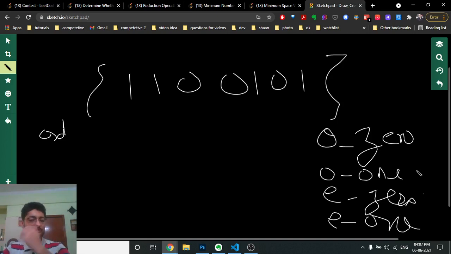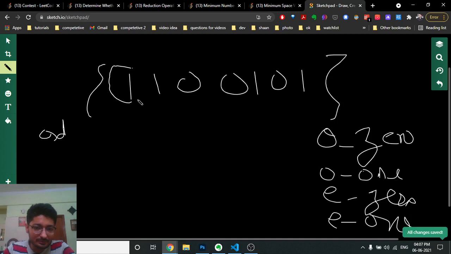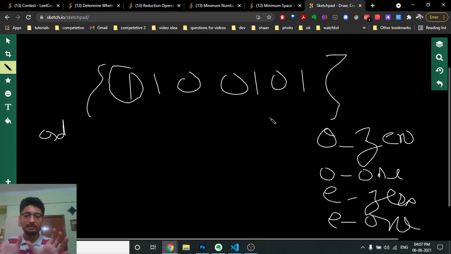If you find out those counts, now take the first character and append it to the end, so the whole string is shifted one time. What you can observe is that the number of zeros in the even positions and the number of zeros in the odd positions flip, and the same for ones, because the string is just shifted one time. If you shift it once more, it becomes the original string. So in an even-length string, if you keep shifting, the counts at even and odd positions just keep flipping like this.